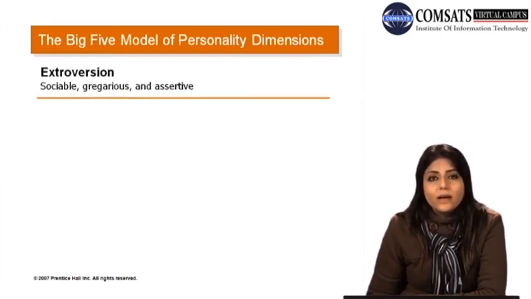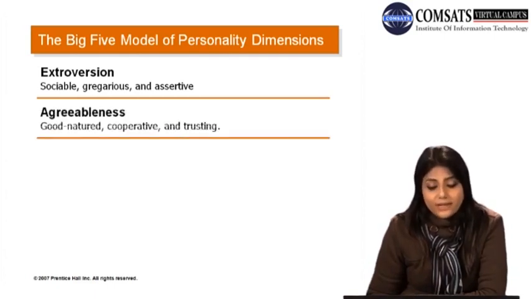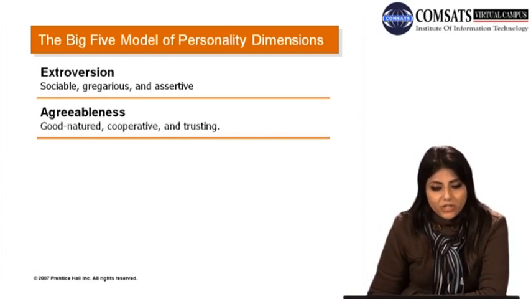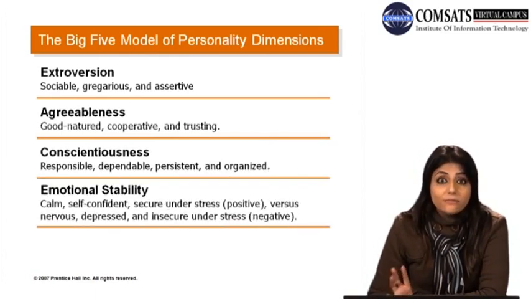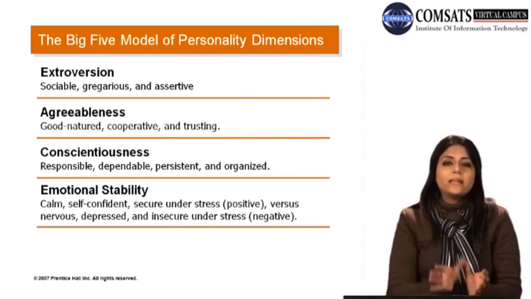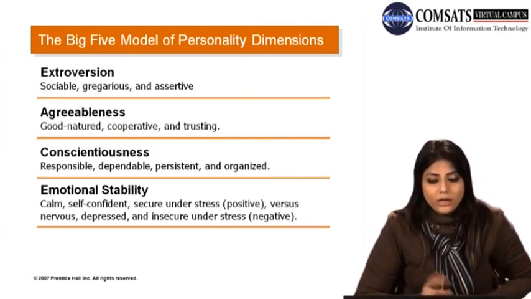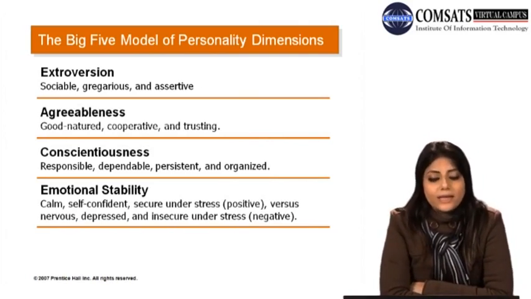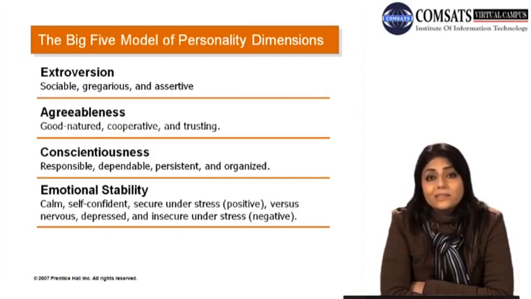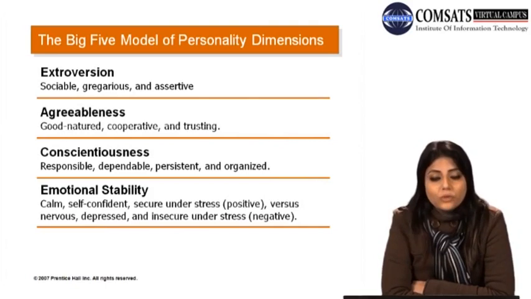Then the Big Five personality model gained huge attention from academicians, researchers, scientists, and practitioners as well. It gives 5 personality traits, and it says that most personality traits are covered by this model. Extroversion, as I told you earlier, is the sociable, gregarious, and assertive behavior of individuals. Then agreeableness is the good nature of the individual. They're cooperative and trusting. In agreeableness, individuals are, as it indicates, more friendly and more cooperative towards others.